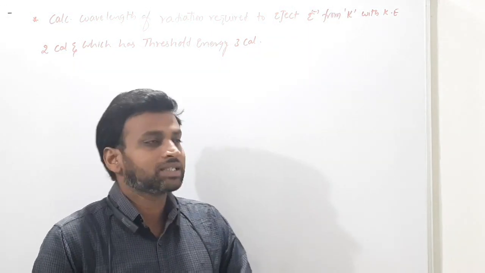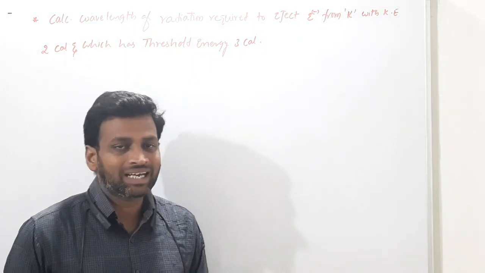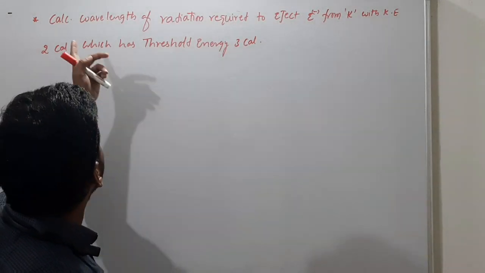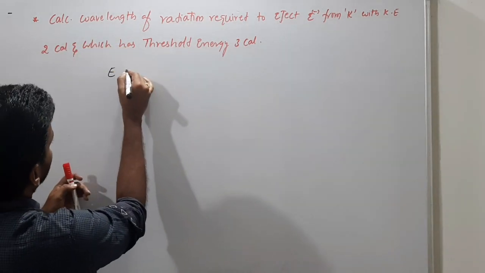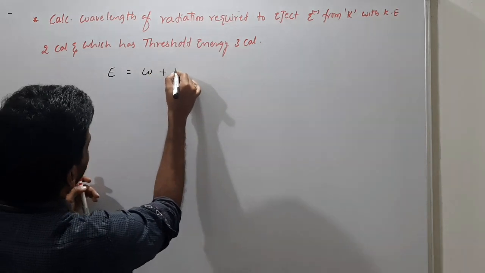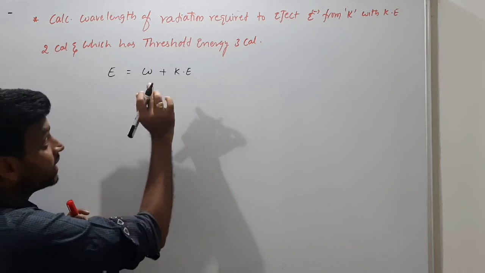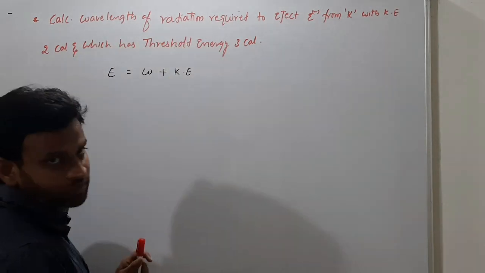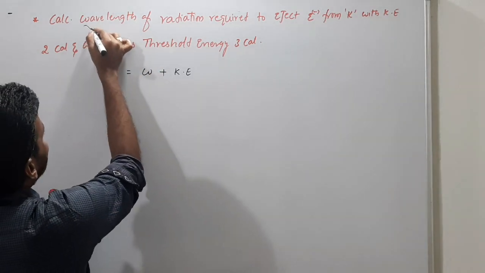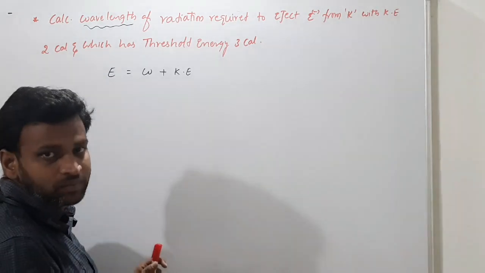And now we will discuss some numericals based on the photoelectric effect. Actually, photoelectric effect means we know that energy E is equal to W plus kinetic energy, right? So if you read that numerical, you can understand: calculate the wavelength of radiation. So it is asking what wavelength of radiation is required